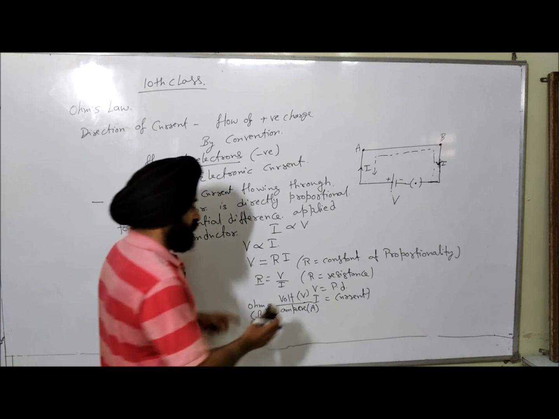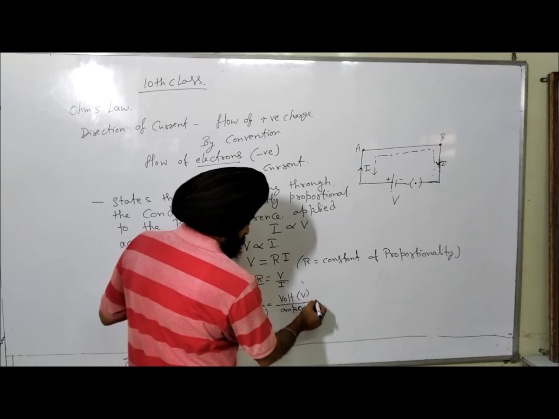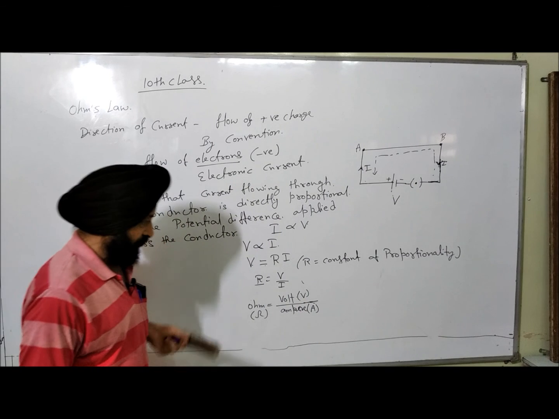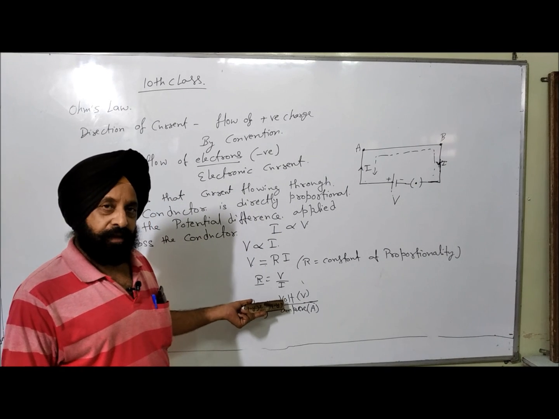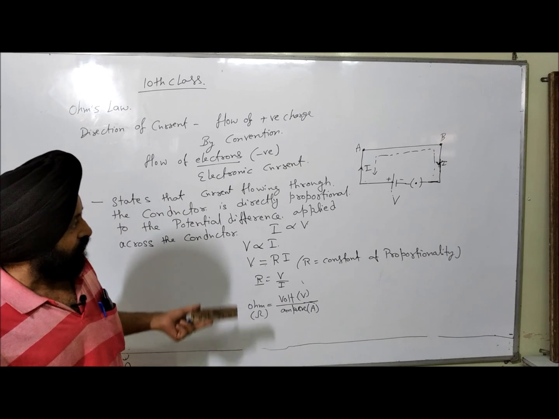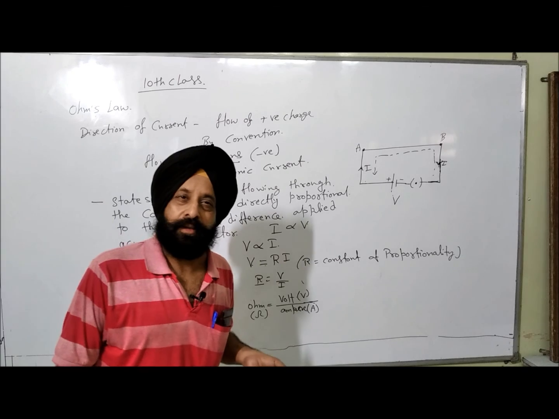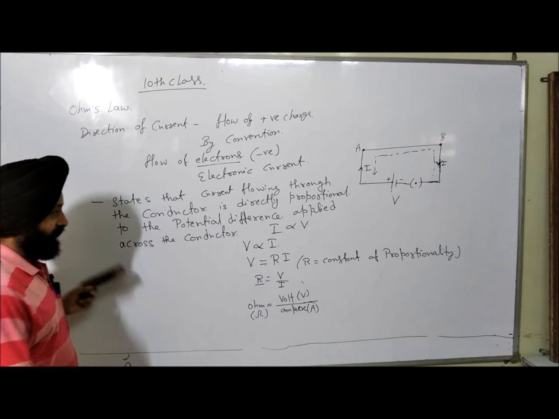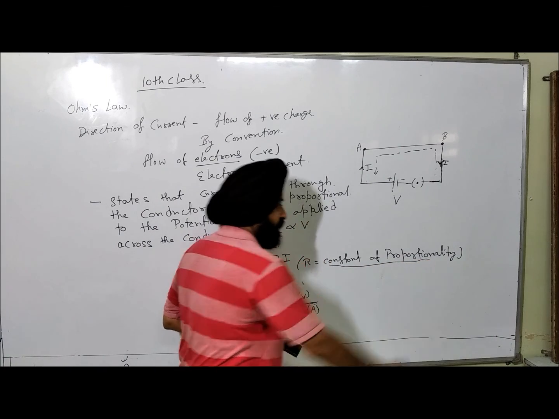So ohm is equal to volt over ampere. This is called Ohm's law, which is applicable to all ohmic resistances. Resistance is basically the